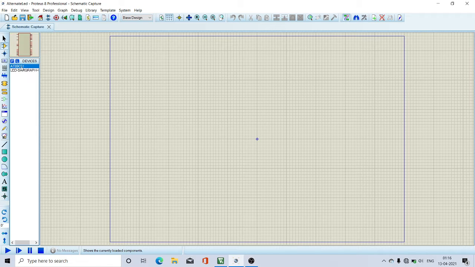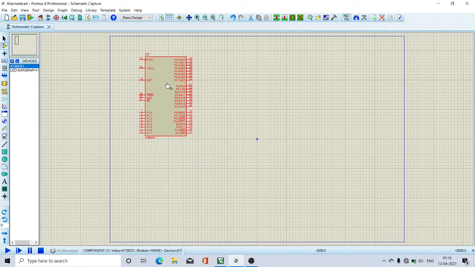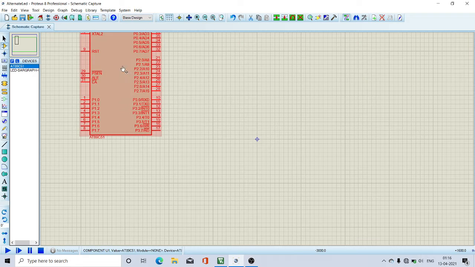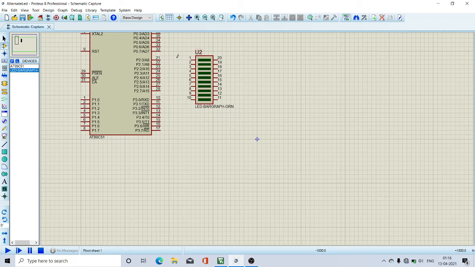I am selecting this AT89C51, clicking on the workplace and placing it here. And I am selecting this LED bar graph and placing it closer to port 2.